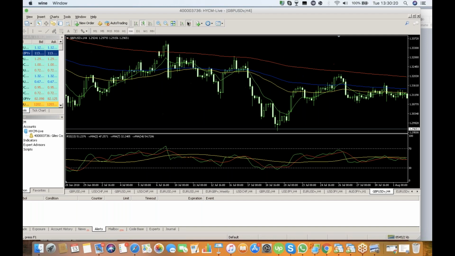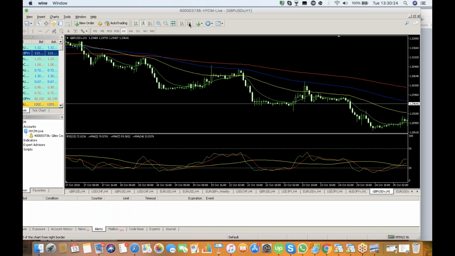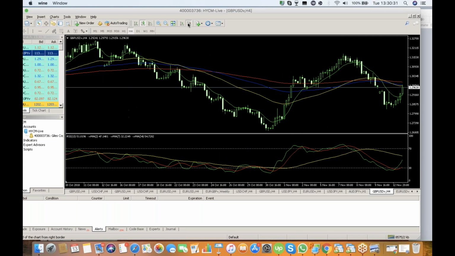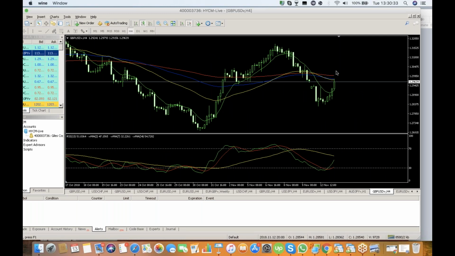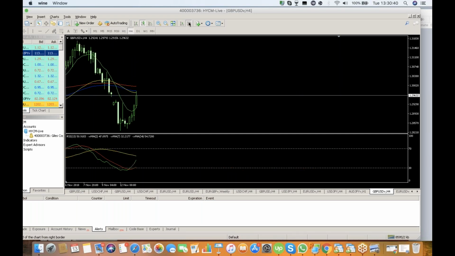Look at the 4-hour chart. So we can see that price is beginning to approach some key resistance levels here. Look, on the 4-hour chart, we can see that we're getting some big resistance here. The 1-hour chart, we're getting some larger resistance here. Okay, and now what we have to think with the pound is